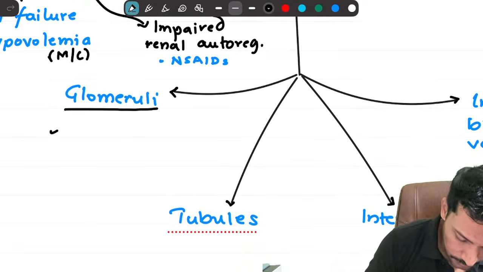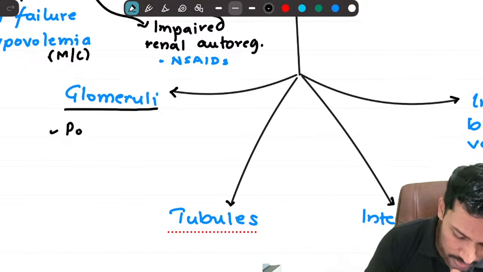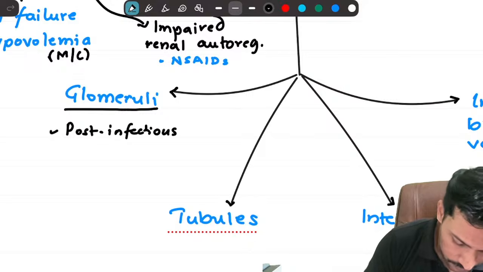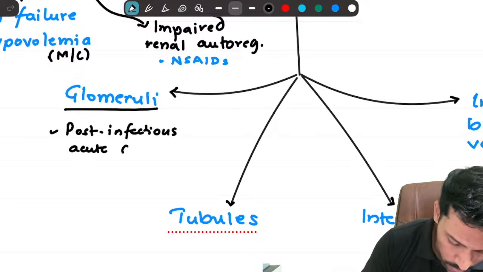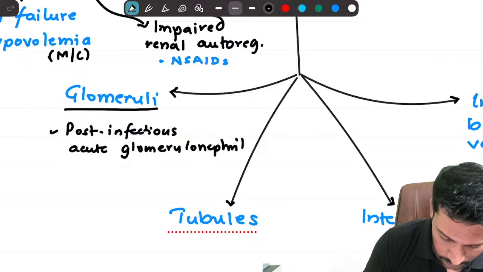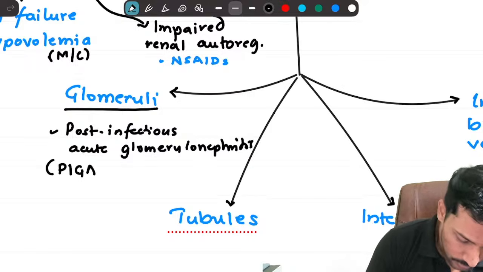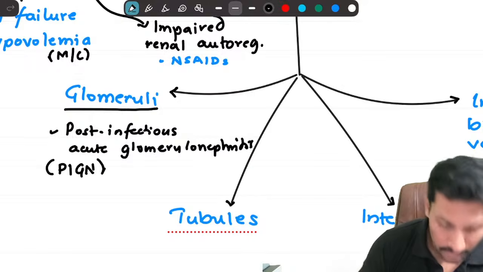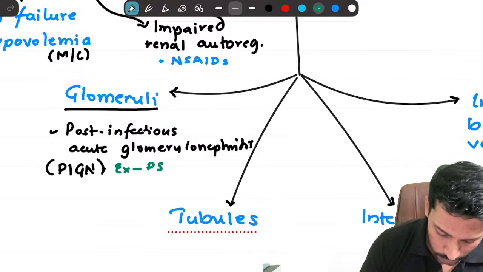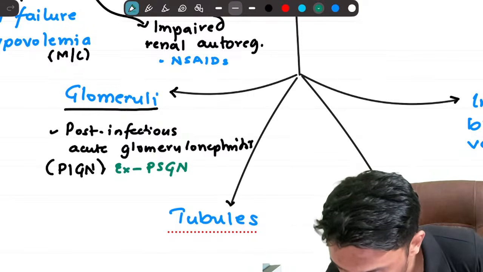The first example I want you to write as a presentation for acute kidney injury: post-infectious acute glomerulonephritis, usually abbreviated as PIGN, post-infectious glomerulonephritis. And your PSGN that we are aware of, post-streptococcal glomerulonephritis, is nothing but one of the post-infectious